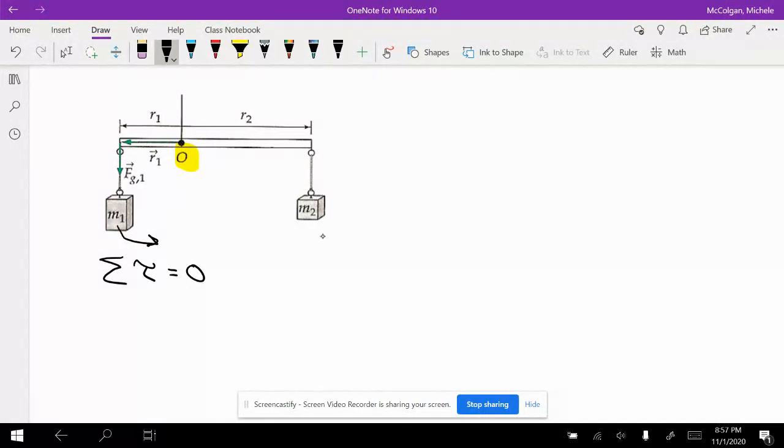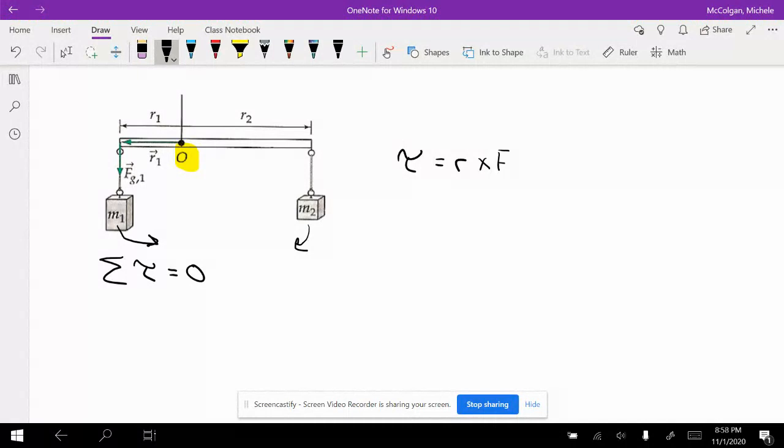If it could rotate about O, mass 1 would cause the rod to rotate counterclockwise, and M2 would cause the rod to rotate clockwise. So we're going to use the standard convention, and say that the mass M1 is causing a positive torque. Remember, torque is equal to R cross F,